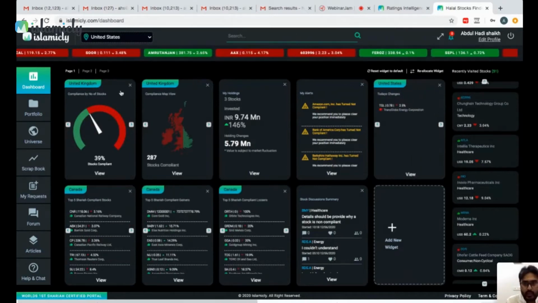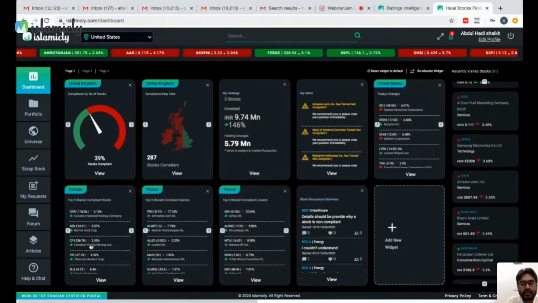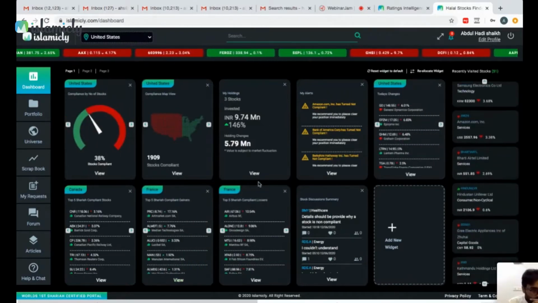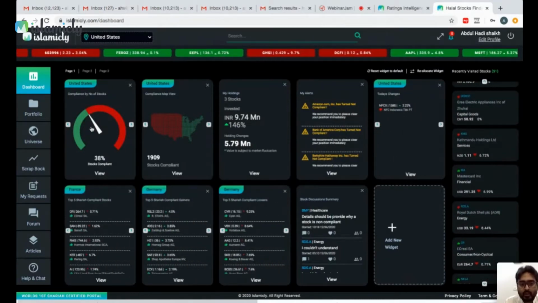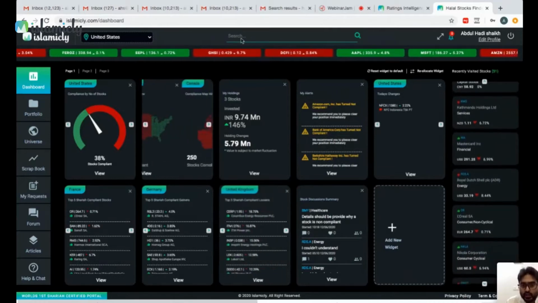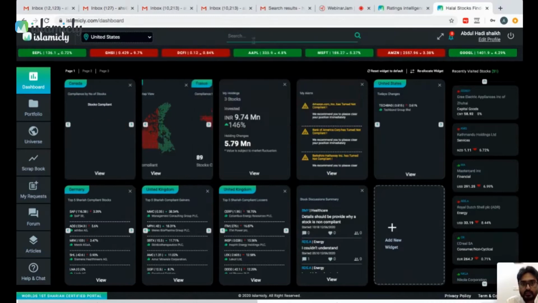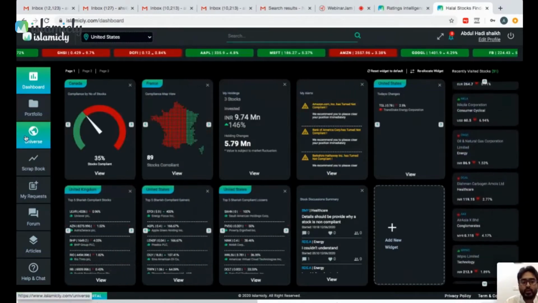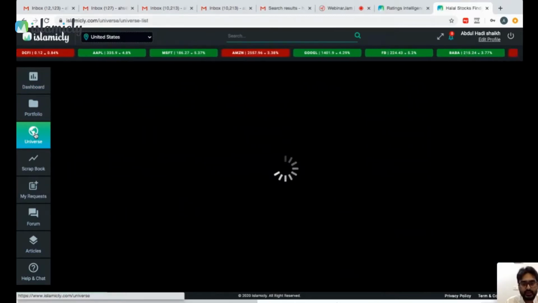So that's how it is. So this is the dashboard. So you can start creating things. You can start putting things inside this dashboard the way you want it. Okay. Now let's go to the first thing that you want to do. If you come on the desktop, the first thing that you do is you search your stocks. So you can search it from top over here, as you can see, or you can search it from the universe. So let's say you click on the universe. So universe will consist of all the stocks in your access market, whether compliant or non-compliant.